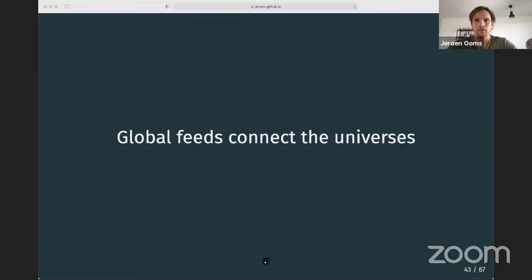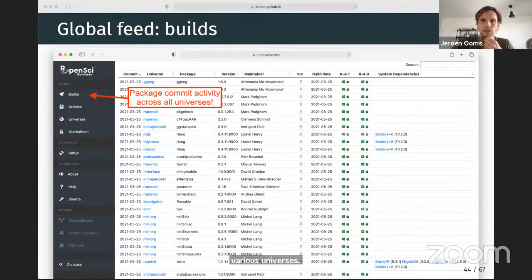All right, so that was an overview of different use cases that we envision. So far we've mostly looked at single universes, but we want visitors of the website to be able to quickly discover and browse content from various universes. So one way is through these global feeds. If you go through the R-universe homepage, we show a global feed of all package commits across all universes. So that's fun to look at, to sort of see what people are working on across the entire R